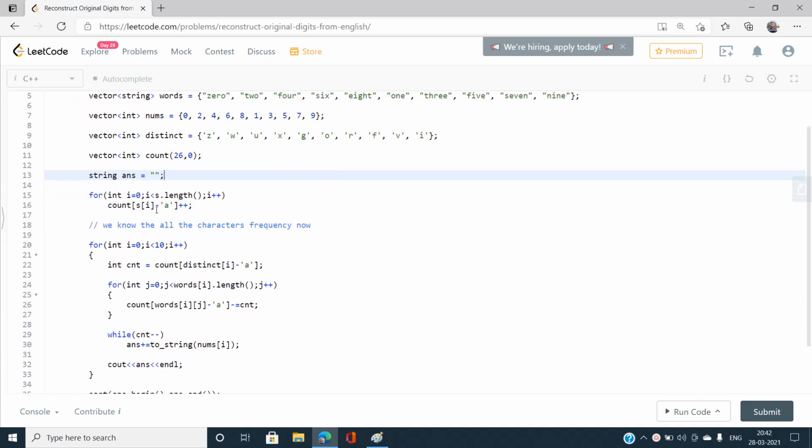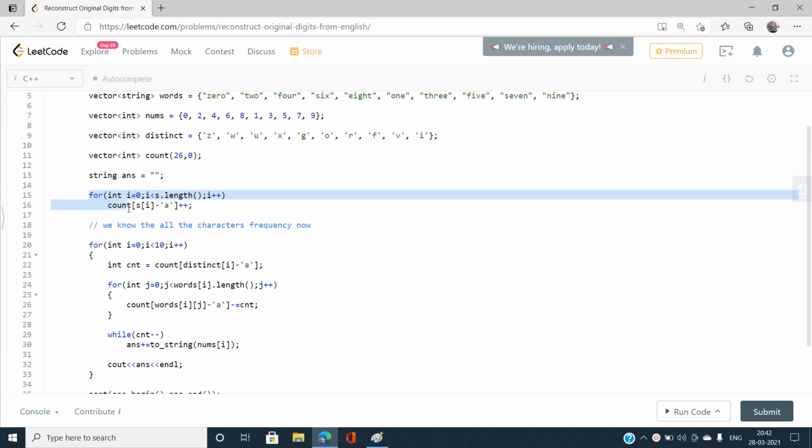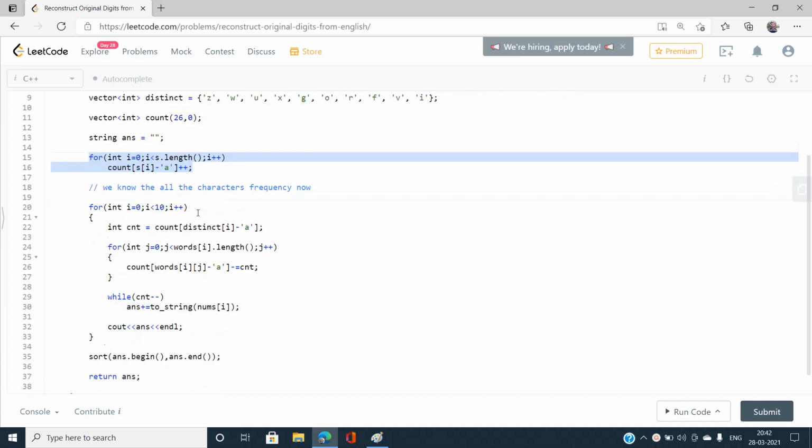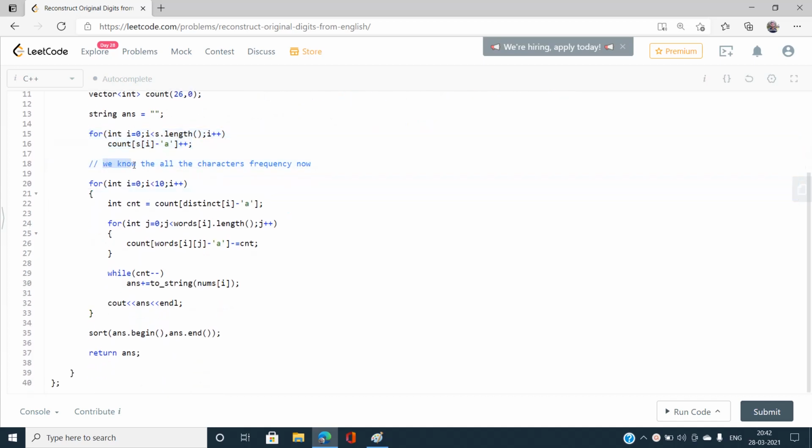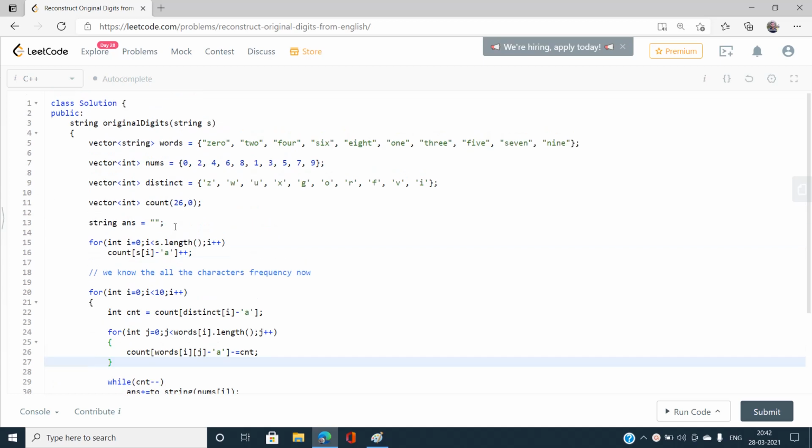Now let's count the frequencies of all the characters in my original string. Now that we know all the characters' frequencies, we can easily find out the answer. Let's iterate from 0 to 10 and find the count of the current distinct character, starting from 0. That is, if we have i equal to 2, then I must be working for 4. Why is this sequence of operations valid?